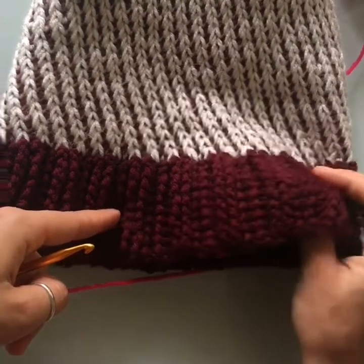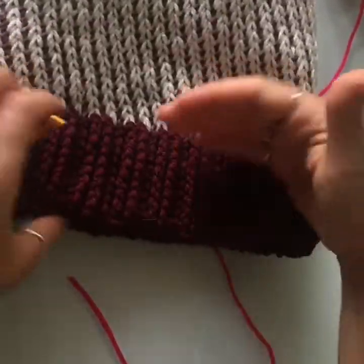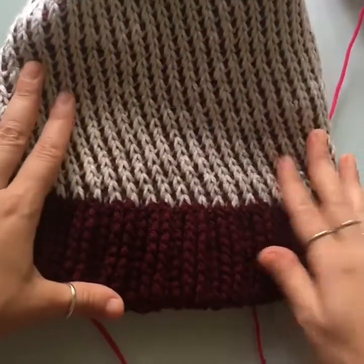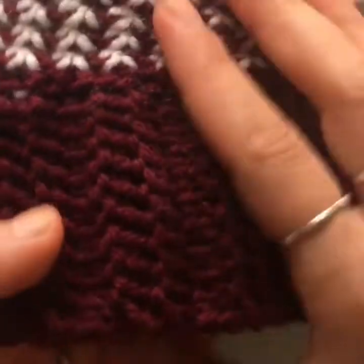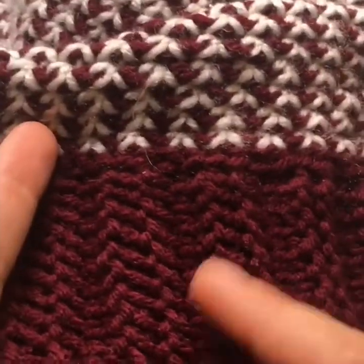So the brim's length is going to be the circumference of your head. Remember that it does stretch. So if you want it a little more loose fitting, then make it the circumference measurement that I give you. If you want it a little bit tighter, then maybe make it about an inch smaller. So as far as width goes, make it as wide as you possibly can, so that not only covers your ears, but it'll also